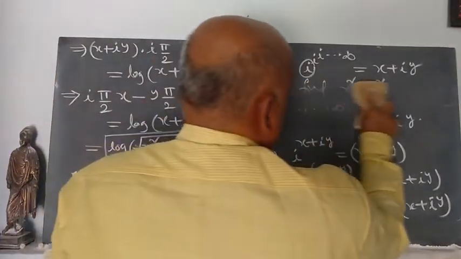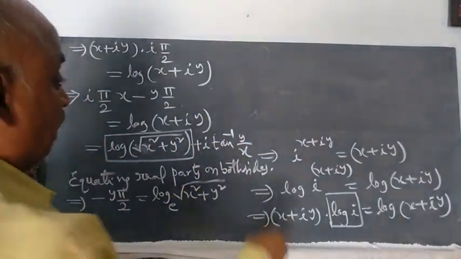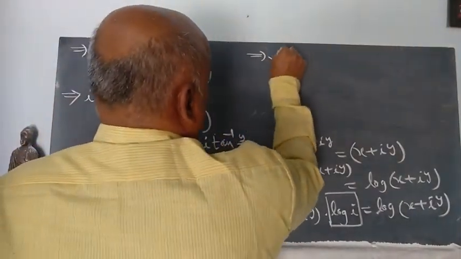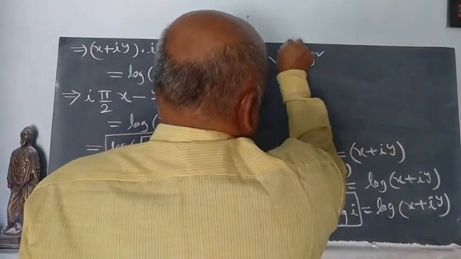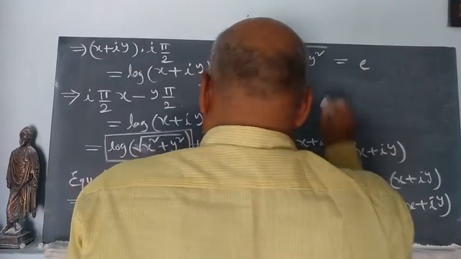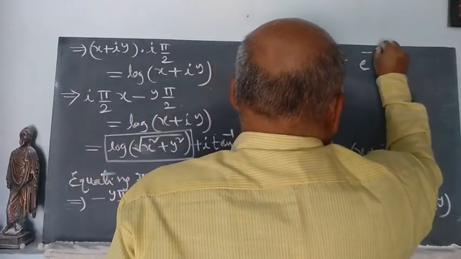So this implies square root of x square plus y square is equal to e to the power of minus y